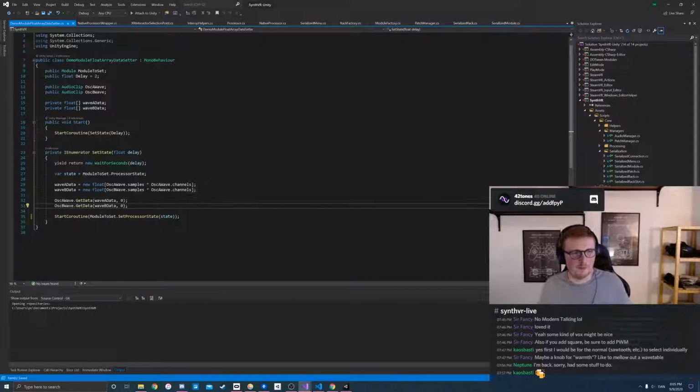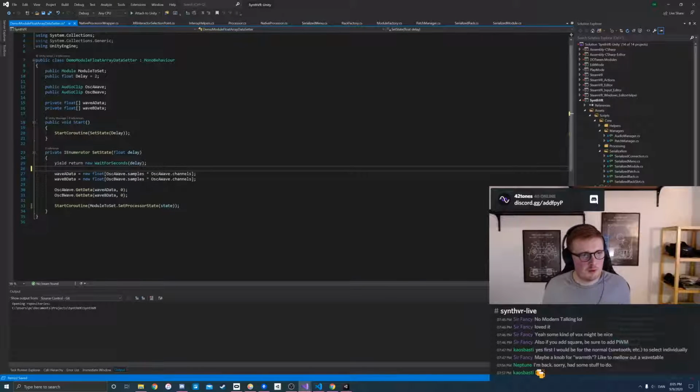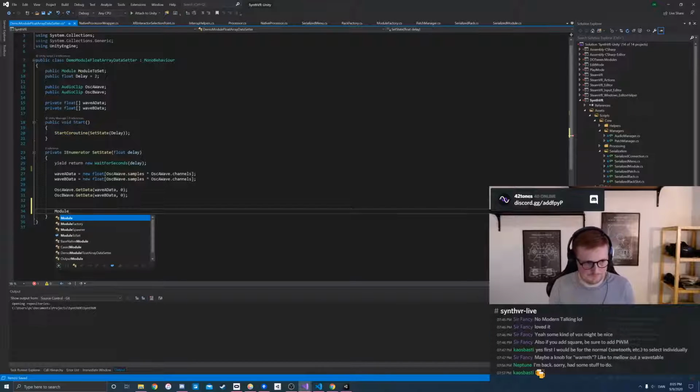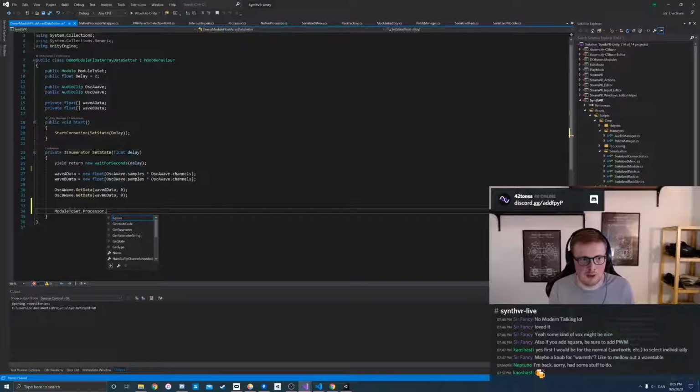So what we want to do instead is, if we have a module, we want to use module to set, that's just what it's called here. We want to get its processor first of all. Module does more than just manage a processor. Set float array data, yes,